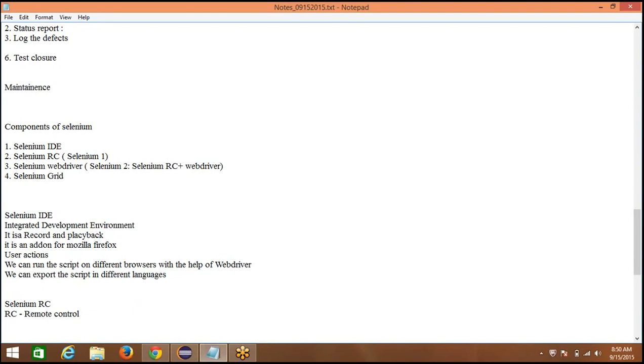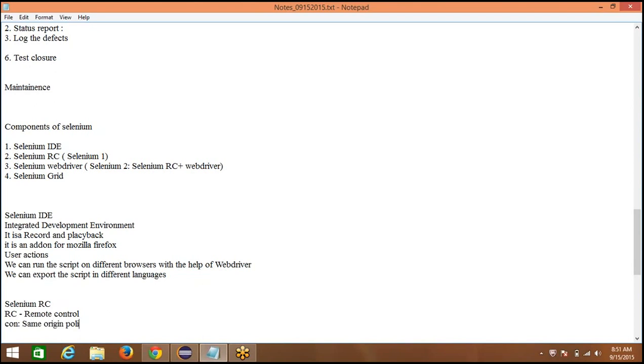It has a server which launches on the browser. It is called Selenium Core. Once it is launched, JavaScript is launched on the browser and all the actions are done. But there is a thing called same origin policy. It will automate only the pages which have that type of domain. If the domain changes, it will not go ahead and automate. Okay, the con here is same origin policy.